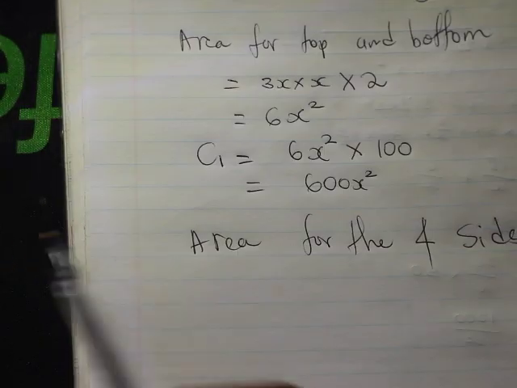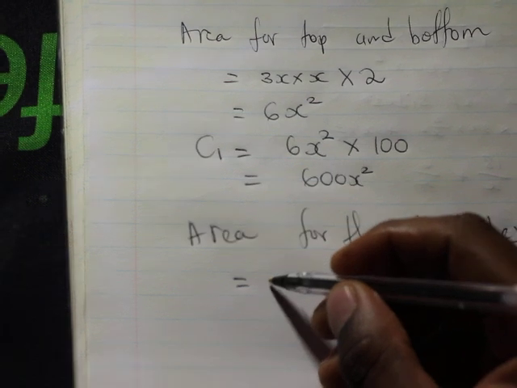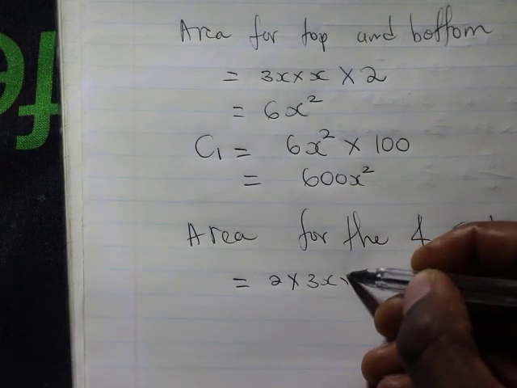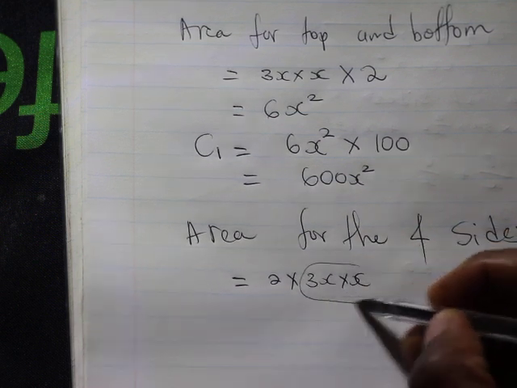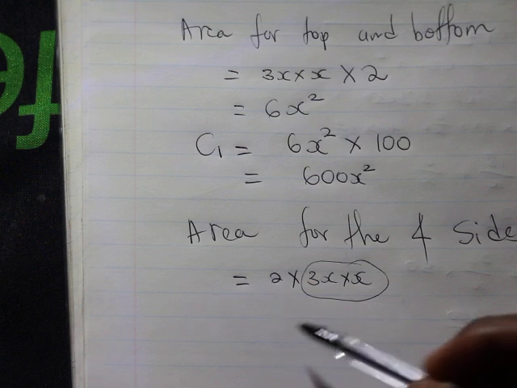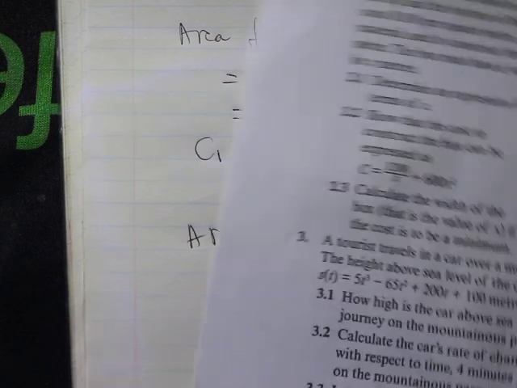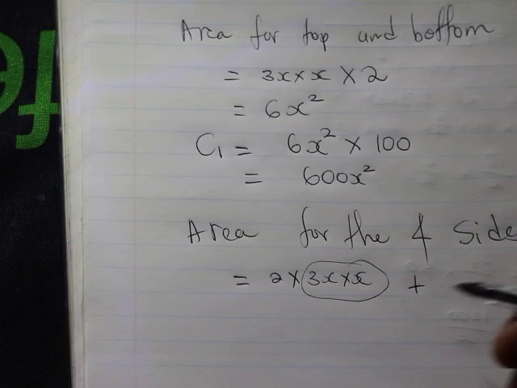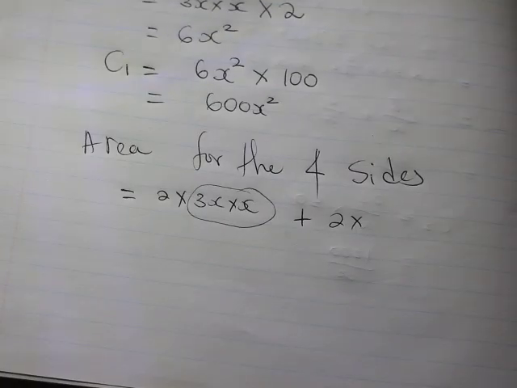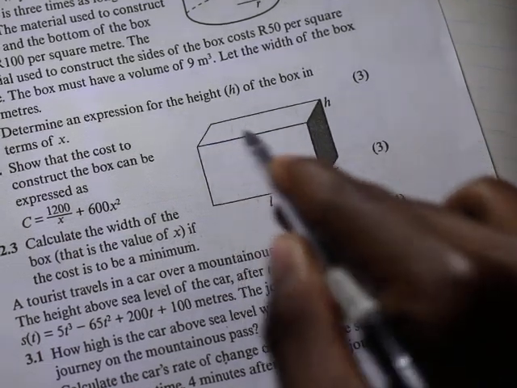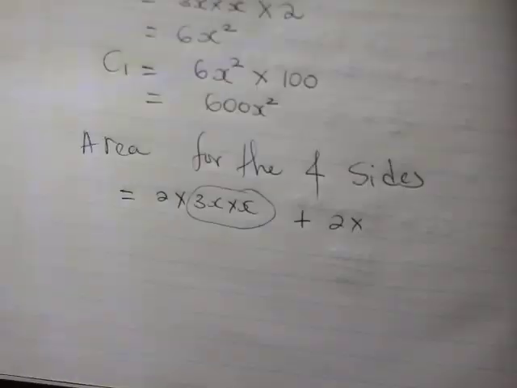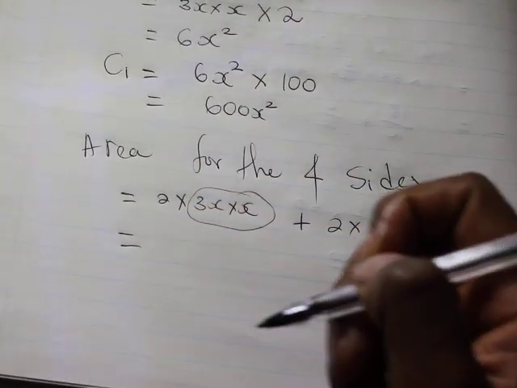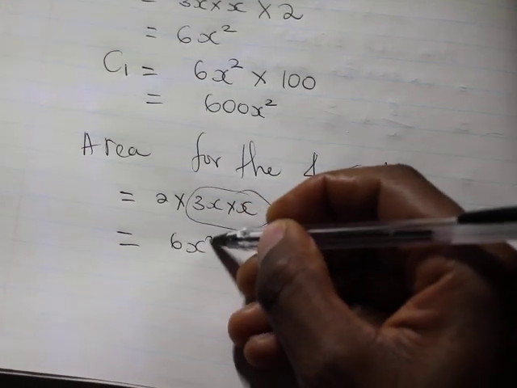So let's do that. This is going to be equal to length times breadth, so it's 2 times length times breadth. Remember, our length is 3x. The breadth is just x, right? So this is the area for one side, but when you multiply by 2, that becomes the area for the 2 long faces, this one and the other one. But we also need to add 2 times the area of the shaded part, this part and the other one. That's just breadth times height. So the breadth is x, the height we calculated to be 3 over x squared. Now when we simplify, this becomes 6x squared, right,